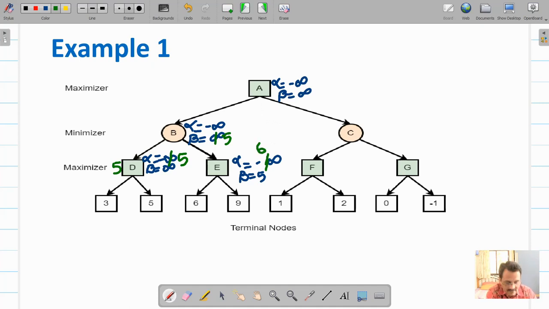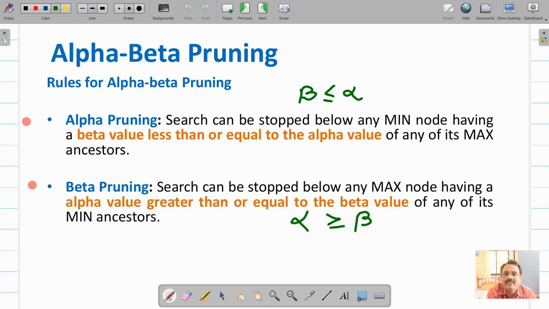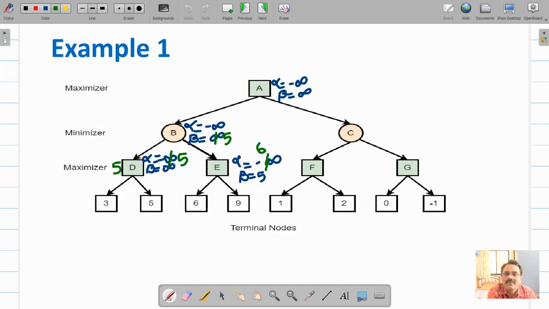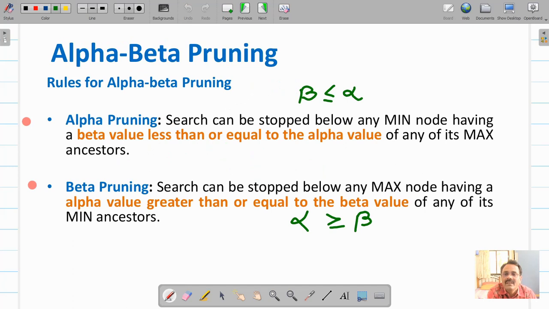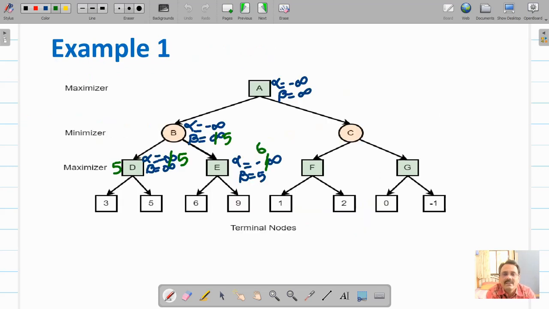Now, as we have seen, see this condition. That node is a max node. E is a max node. So alpha is greater than or equal to beta. If this condition is satisfied, then the corresponding branch will be pruned, because whatever this E wants is greater than whatever the following node can give.